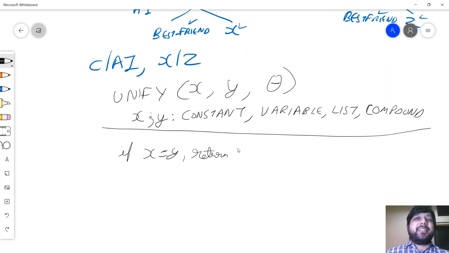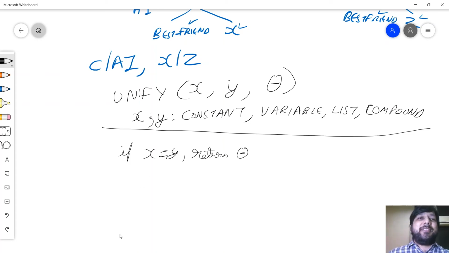So I return a true, or I basically return the substitutions which are made so far. Absolutely okay. The next thing that could happen is that let's say the variables and the constants are around over here. If it's a constant, it will match as constant is equal to constant.